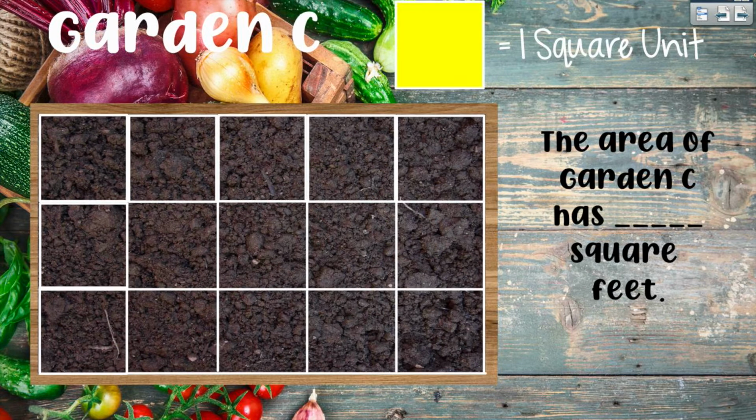Now in garden C, we're looking at another different unit of measurement. We're going to be looking at feet in this one. So if you notice, the square is bigger than the centimeter square unit as well as the inches square unit. So feet is a larger unit of measurement than inches and centimeters. So, like I did in the last ones, I'm just going to count all of my squares in order to find out the area of garden C. Let's get started. 1, 2, 3,